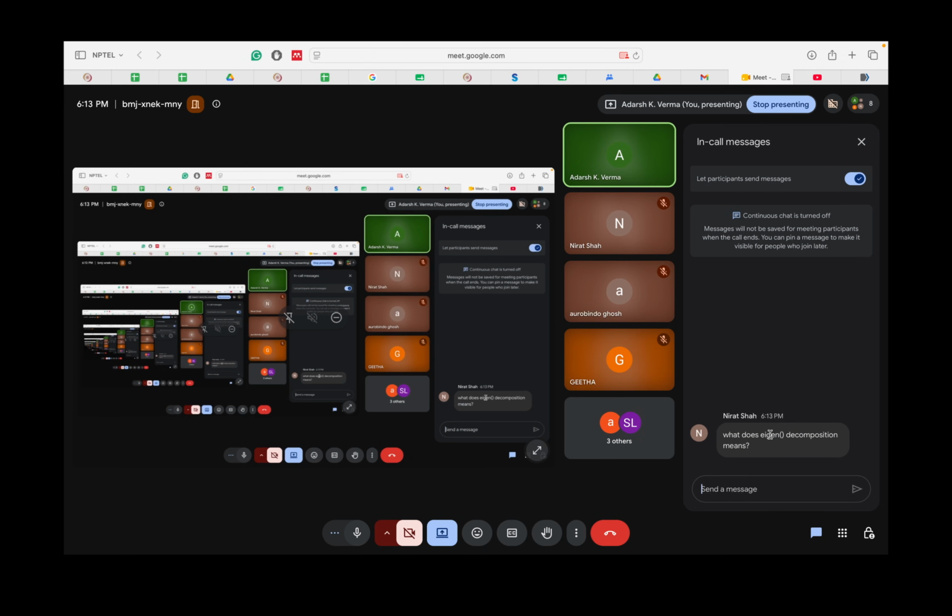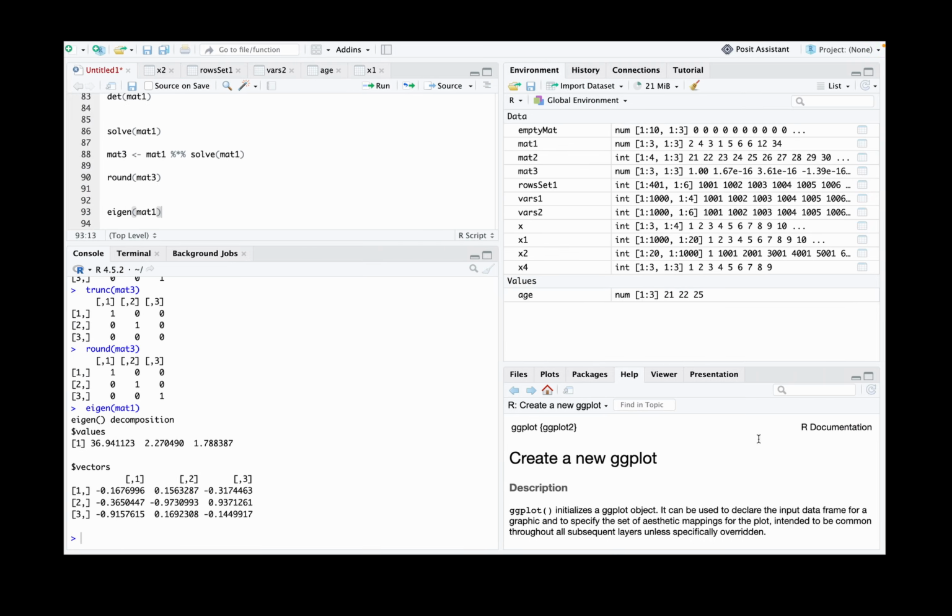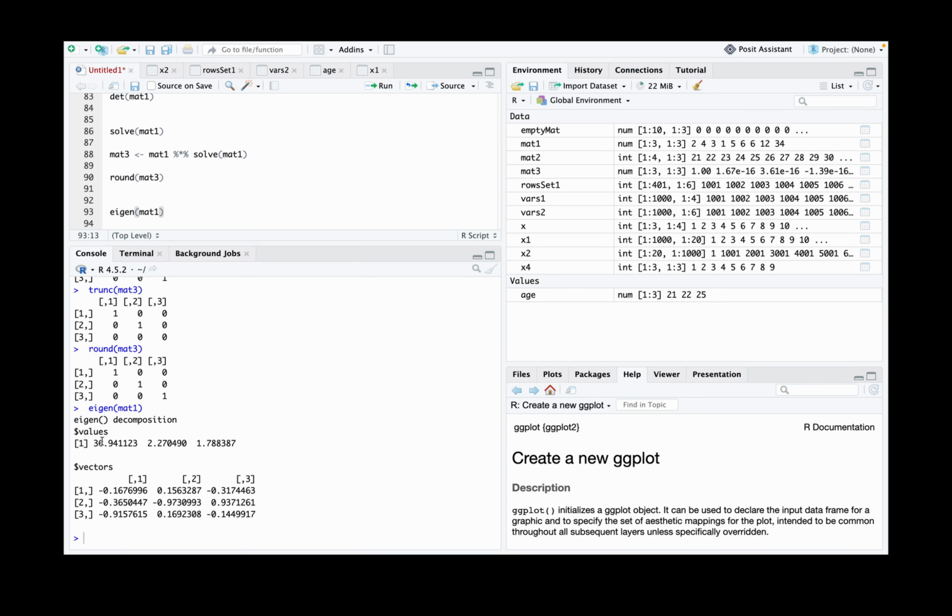So this eigen, I don't want to go into the theory of it. Mainly it is giving the three eigenvalues, which are the important part. I hardly use these parts. I never used it, so I also don't know much about it. But